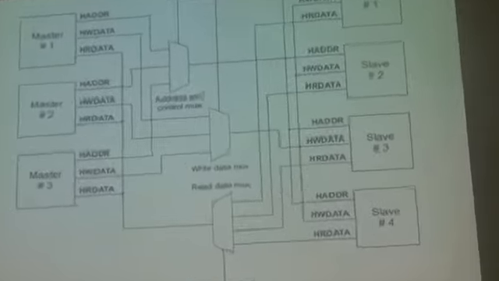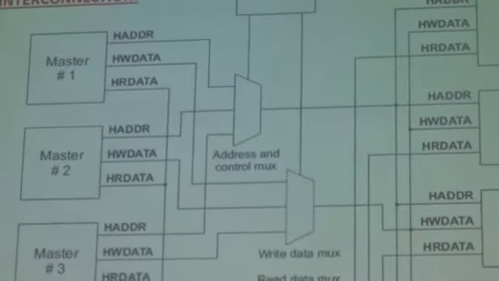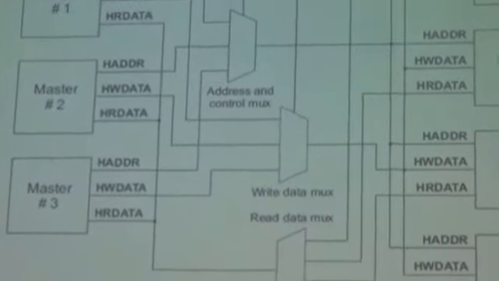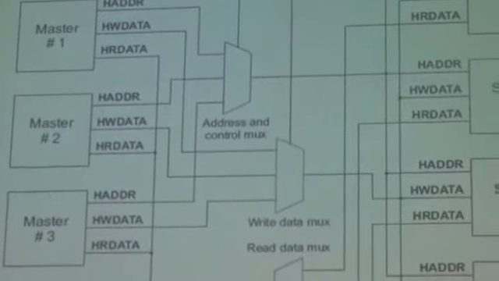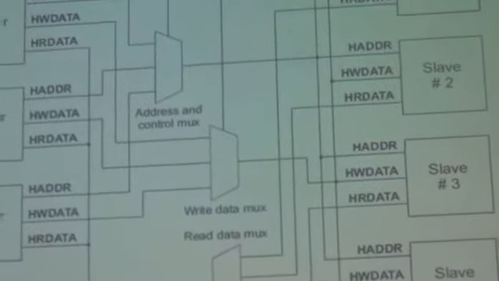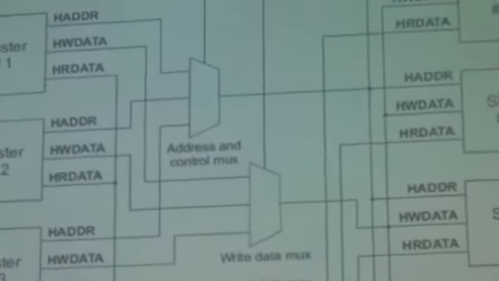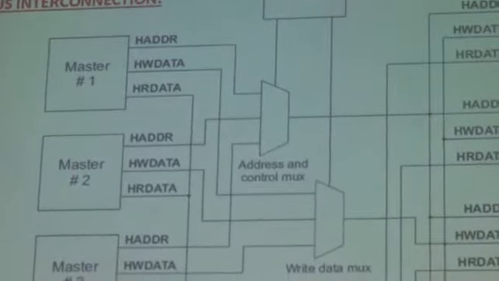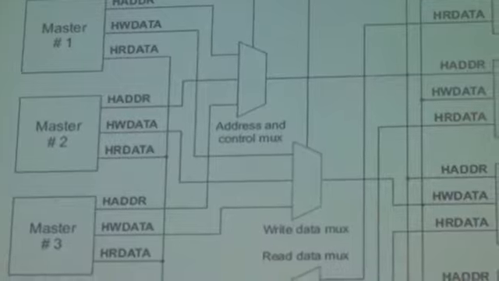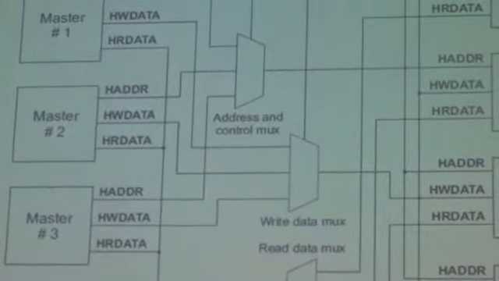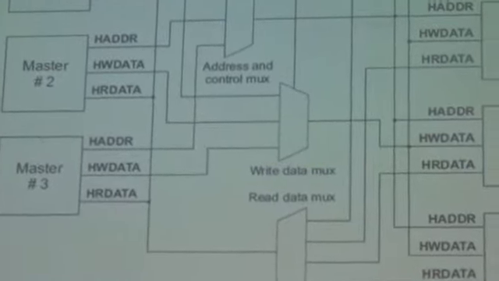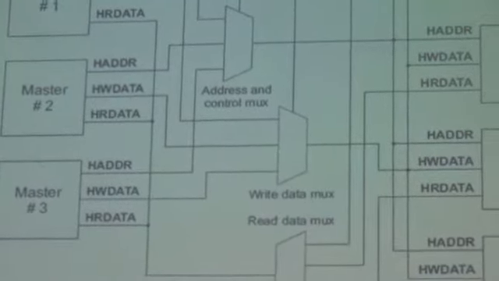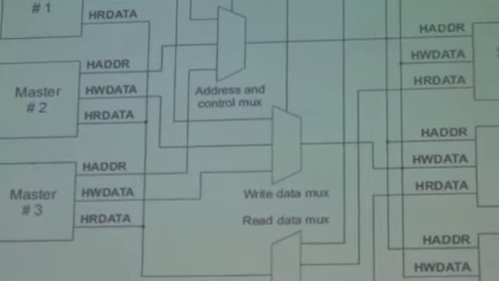Each master has its own address, write data signal, and read data signal. The HADDR of each master is taken to a mux, which is the address and control mux, and the second master's address is also taken to the same mux, and HADDR of the third master is also taken to the same mux,